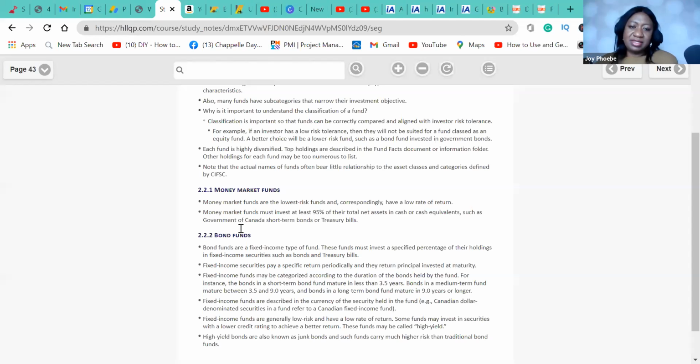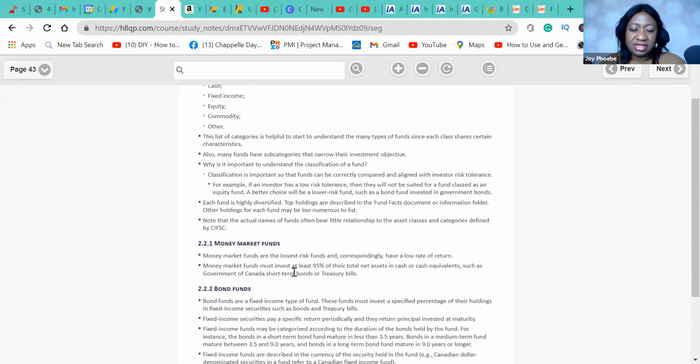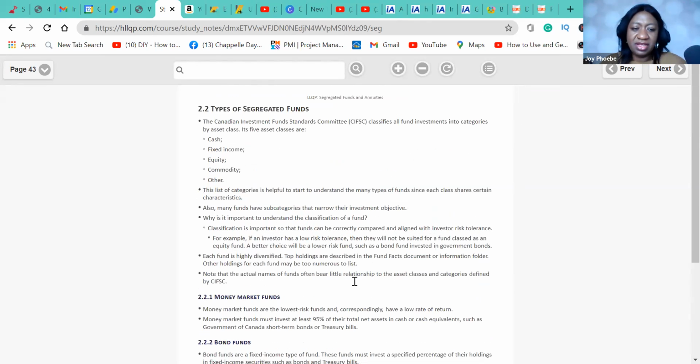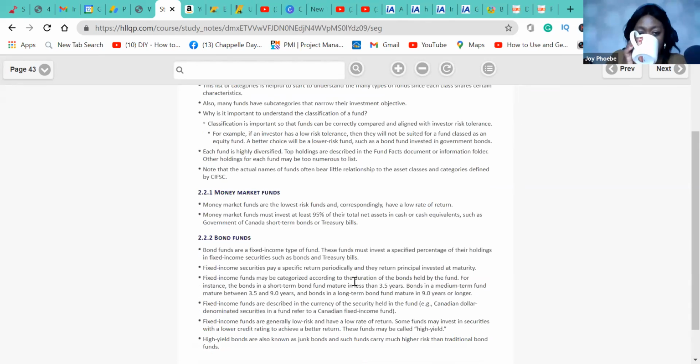Go back to share. Okay, so yes, he said that money market funds must invest at least 95% of their assets in cash equivalents such as government or Canadian short-term bonds or treasury bills. You can see that in what I just showed you. Then the next one under cash is bonds. I've already talked about bonds